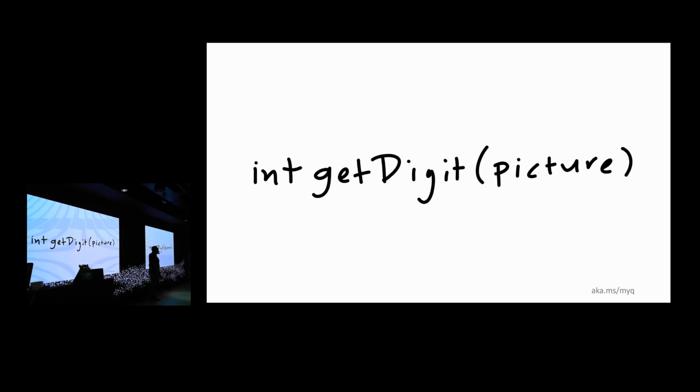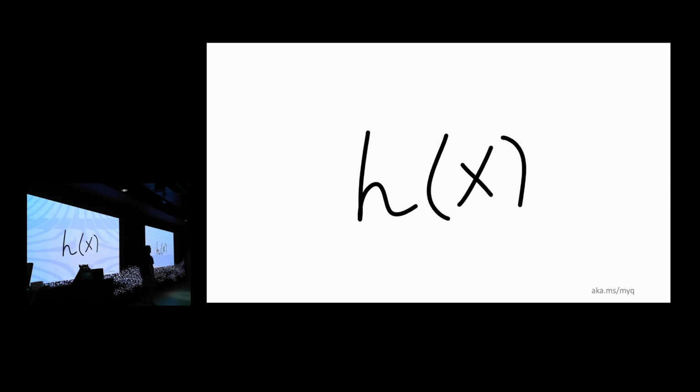What we really want is this, right? We want an integer digit from the picture. In machine learning terms, we are basically going to build a function that takes a thing and outputs a thing. Now the question is, what does this look like? This is easy because it's that matrix thing. This is harder because we don't know.